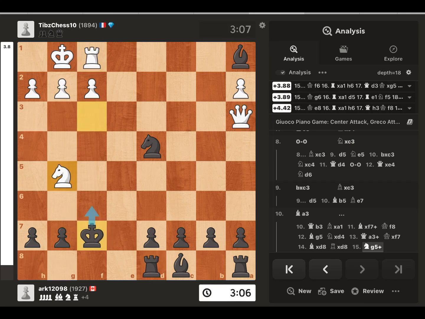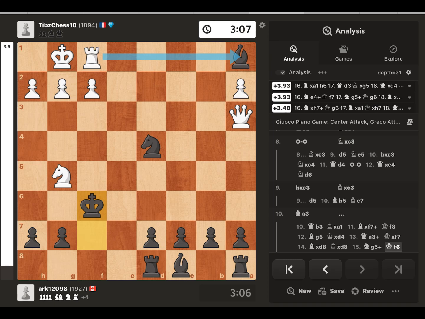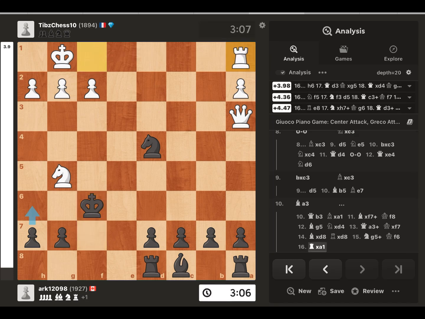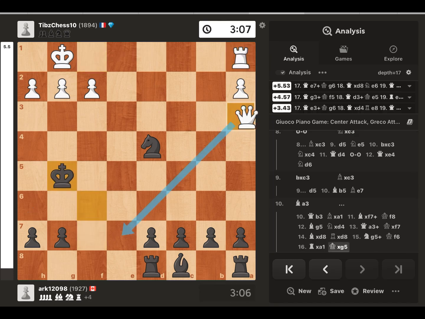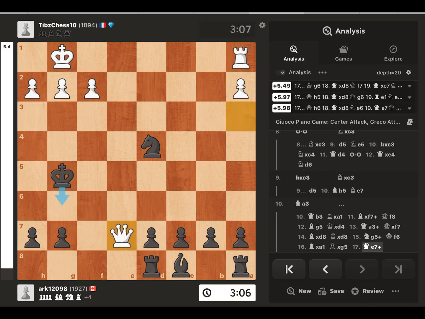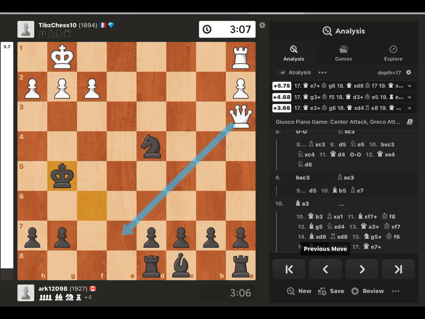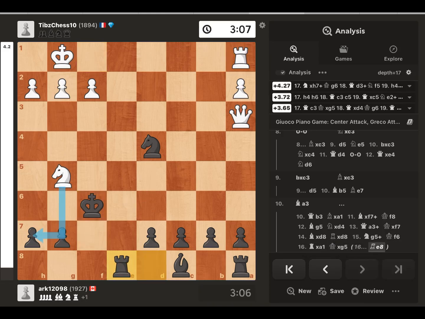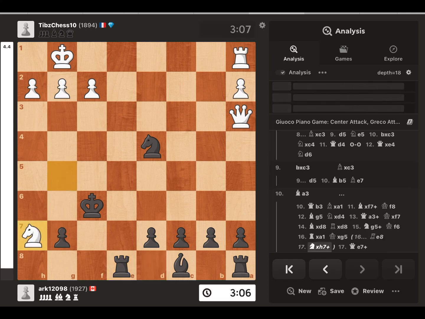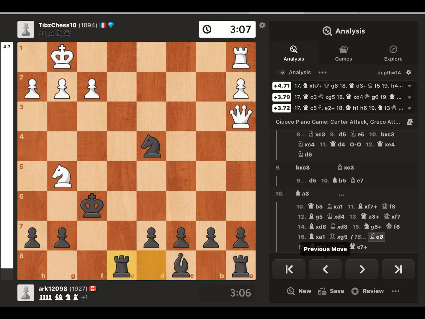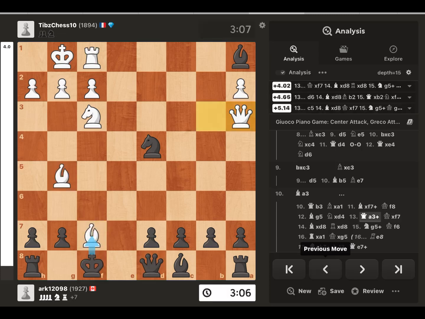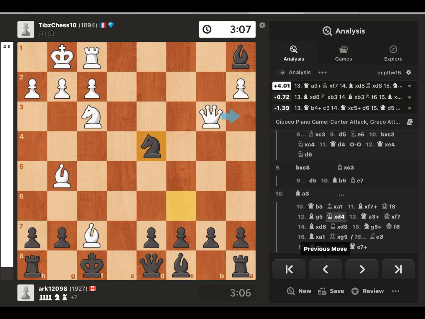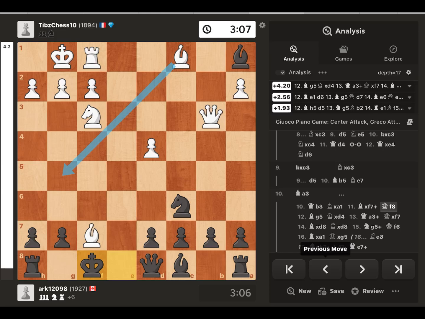check, then king moves here, then now queen rook takes the bishop, king cannot take the knight because it will be check, and black loses another rook. Therefore, rook e7, and basically white wins the game. White wins another pawn, and with a pawn wins the game. However, in this variation, you have obvious